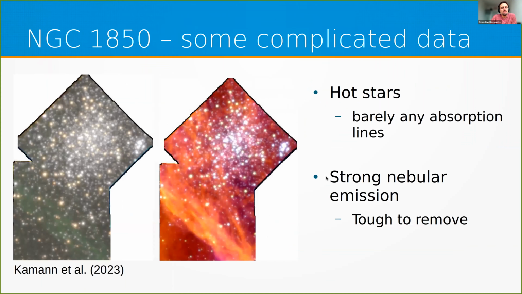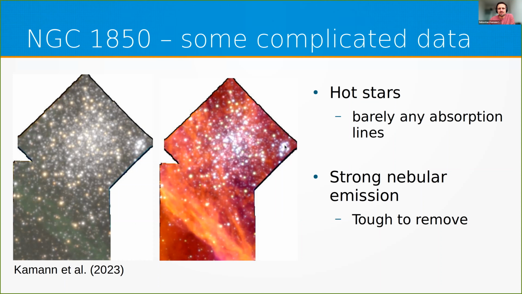All right, now I want to come to the cluster that's maybe a bit more relevant for this group, since it contains more massive stars and especially B stars, NGC 1850. This has been one of the most complicated data sets I've ever dealt with, because I'm coming from cool stars, so I wasn't used to seeing spectroscopy of hot stars that have barely any emission lines. To make things even more complicated, NGC 1850 is located right next to a very young cluster,